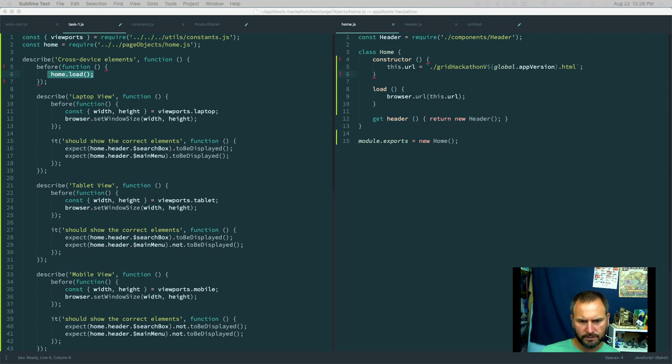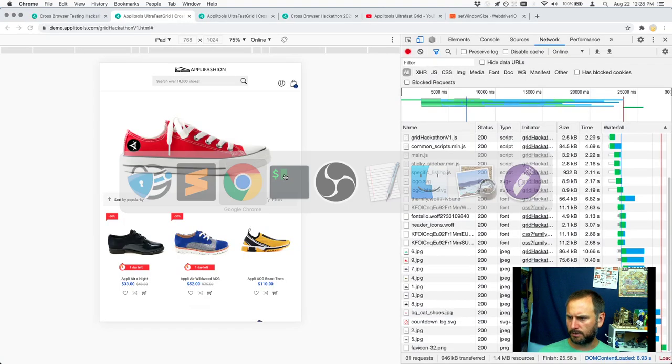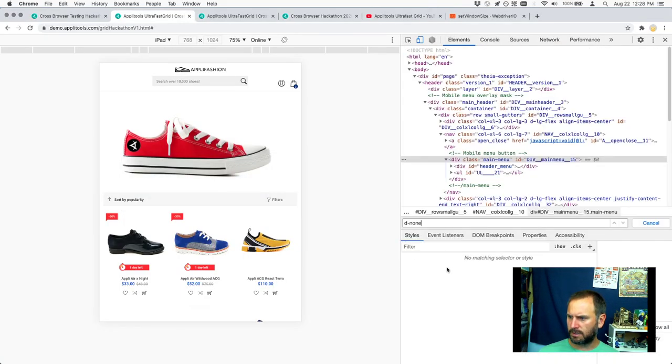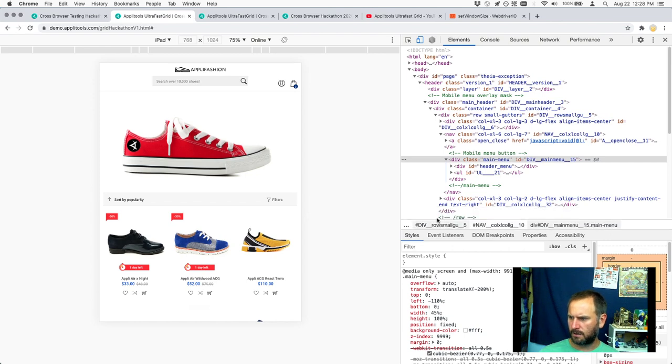Or is there some kind of JavaScript function to call that will tell you that the page is fully loaded, both HTML and CSS? You don't need to, because WebDriver, not WebDriver IO, but WebDriver doesn't do anything until that document ready state is set to loaded. I don't know. Let's see what that is. If you're not familiar with document.readyState, it is a